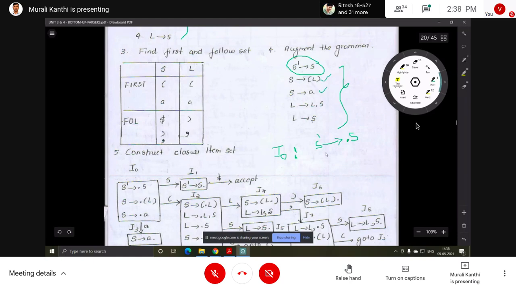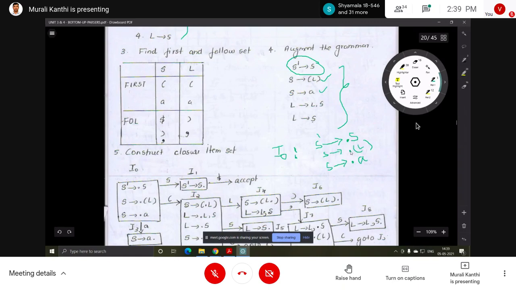So add those two productions: S implies dot, place a dot, open parenthesis L closing parenthesis, and one more production, S implies dot A. Okay, so these are the added productions to this set.